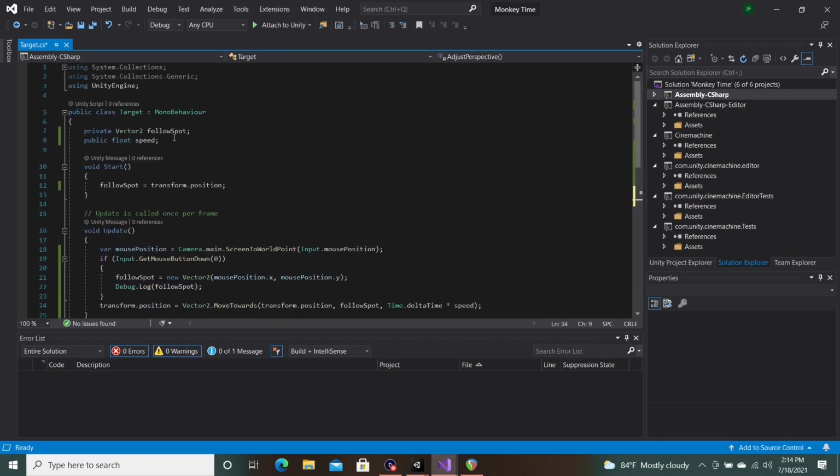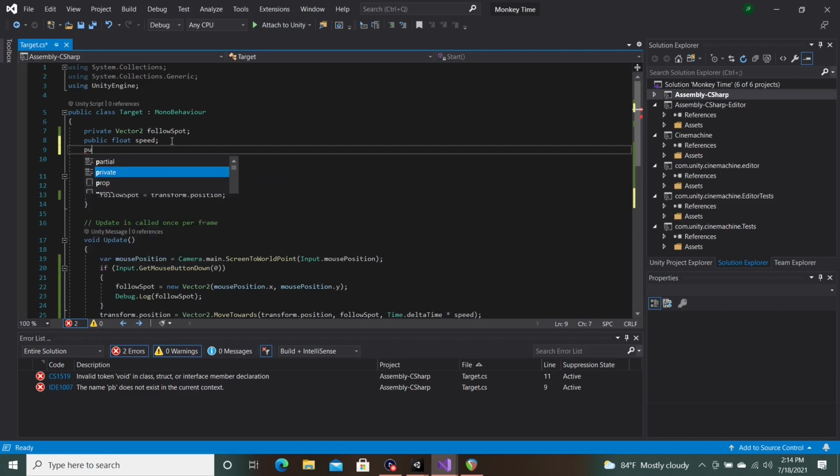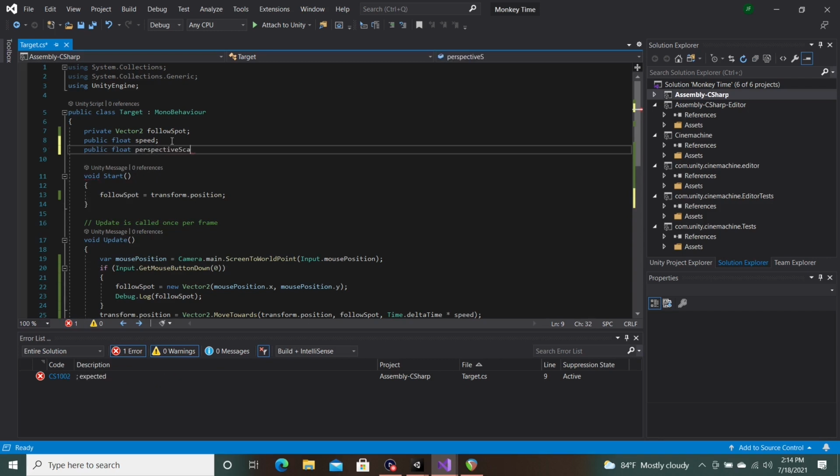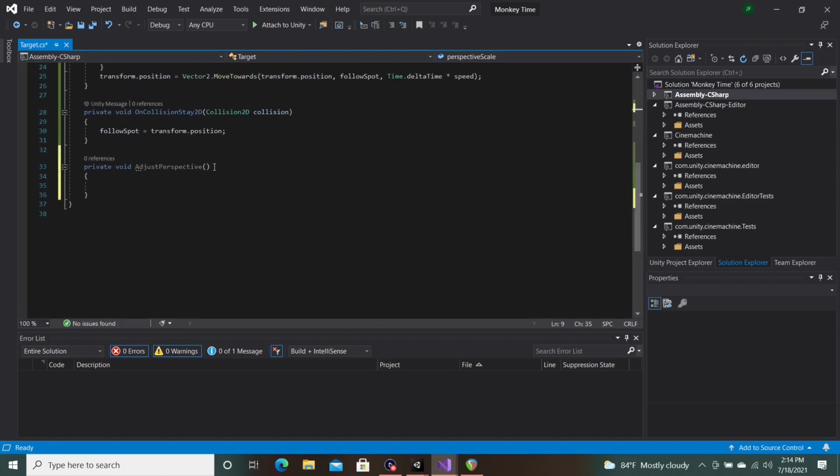I'm going to go up here and I'm going to make a new public float called perspective scale, and this will allow us to more easily adjust how small and large we let the player get. And I'm going to say,